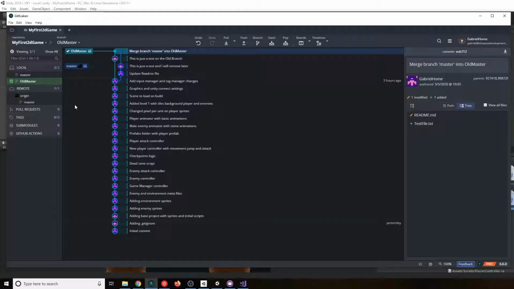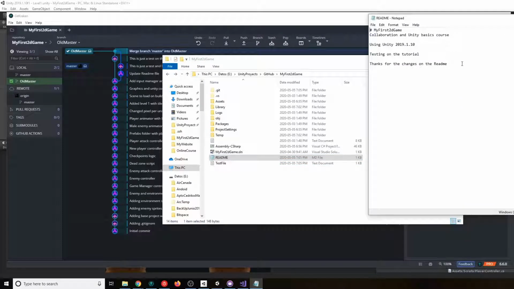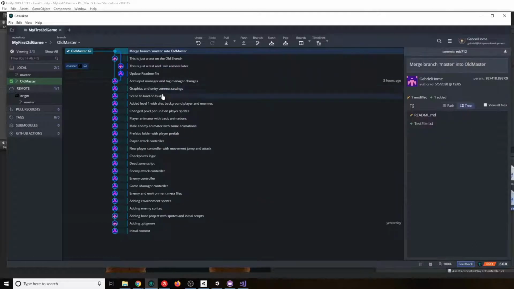Yes, I know. If you use it on the command line, there's a command to merge. You need to say which branches you want to merge, and you use the command to merge. Or if you use a different user interface, you will have to use different hotkeys and things. But here in GitKraken, you just have to drag and drop, and you will be able to merge those two branches. So if we go here, we see those changes that were on the master branch now reflected in our project, which is great. We have our project like this.